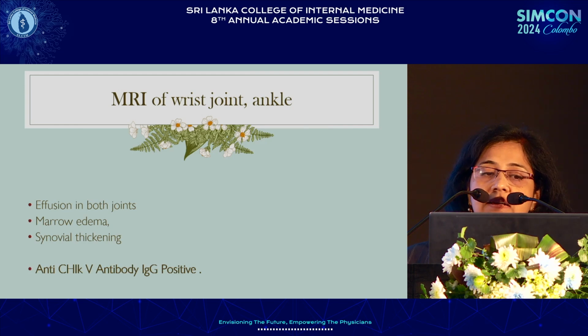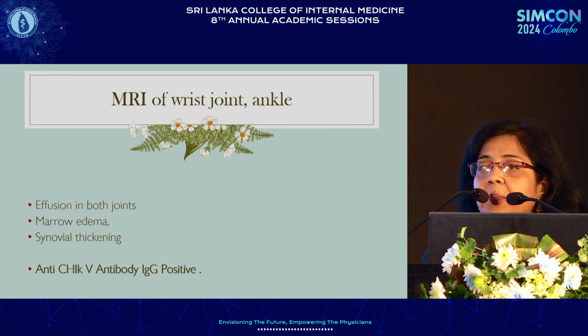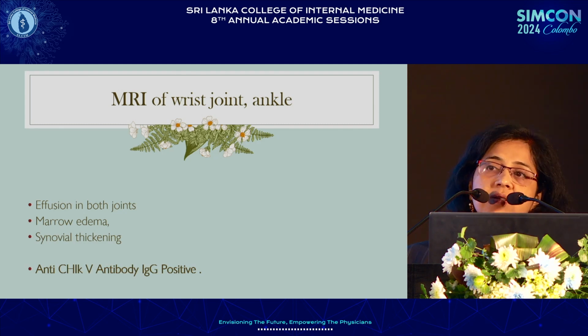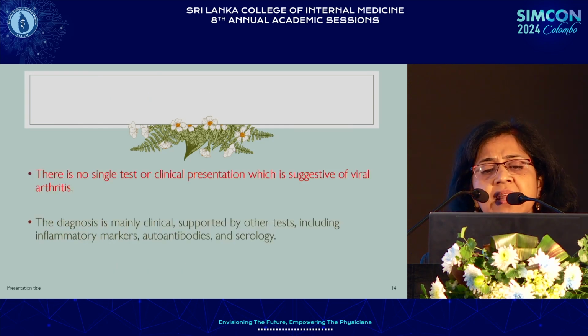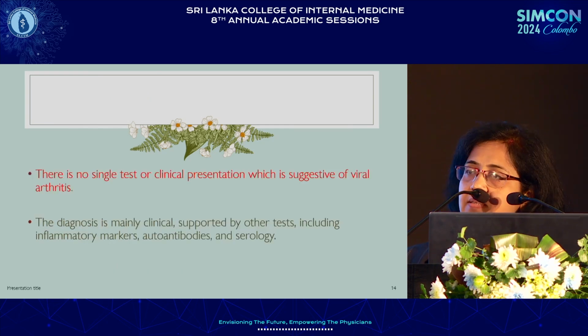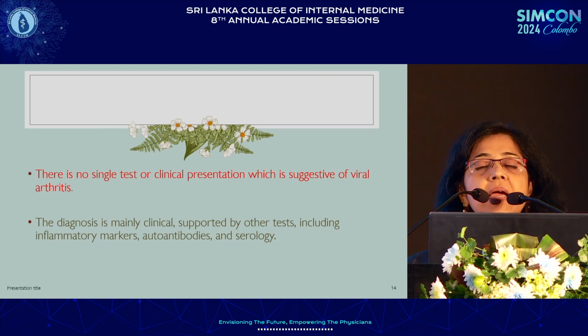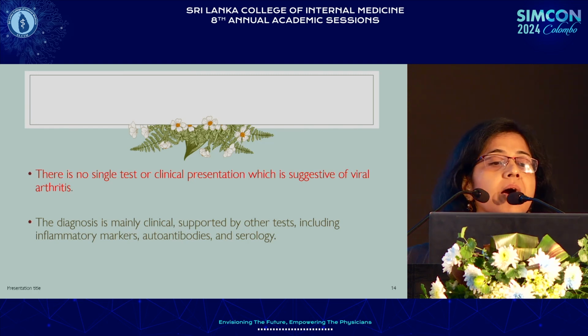MRI of the ankle and wrist joint was performed, and there was effusion, marrow edema, and synovial thickening. But because the autoimmune profile was negative, we went for a serological test for chikungunya, and it became IgG positive. Now, these two cases are just illustrations of the two types of presentations of chikungunya arthritis that we can come